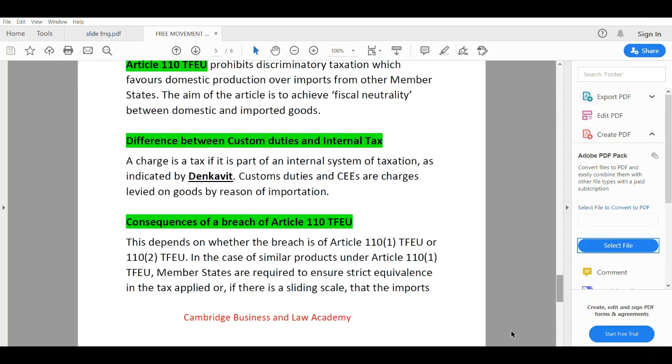So for Article 110 para 1, the member state must ensure that the rates of tax imposed are identical. And for Article 110 para 2, if the products are competing, then we should consider the case of